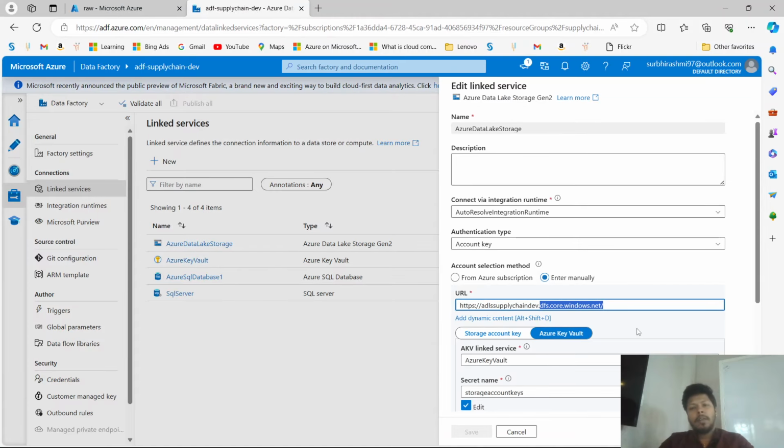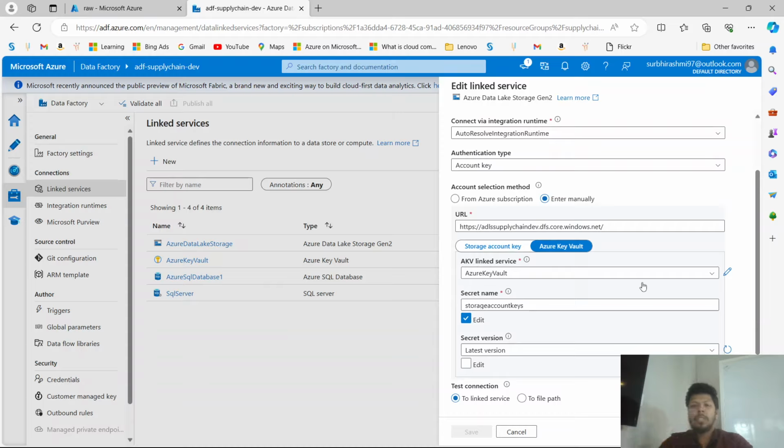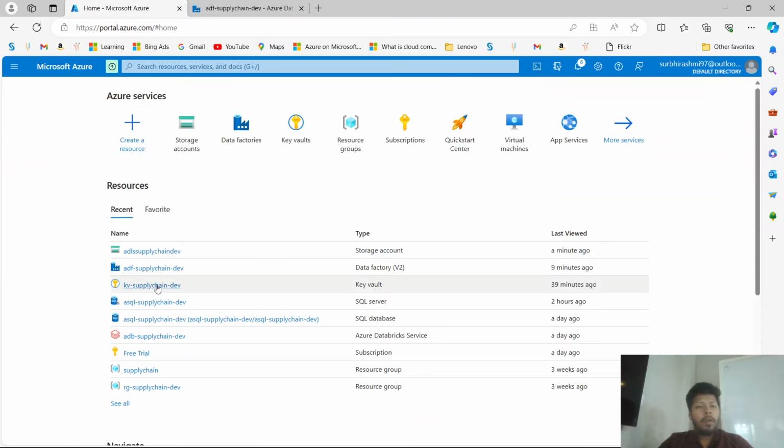Okay, and then as I told you, this is one of the best approaches you must follow whenever you are creating pipelines: you should not hard code sensitive information like database passwords or Azure storage account keys, or any information that should be restricted, right? Those kinds of information must be in the Azure Key Vault, right? And that's where we have created the Azure Key Vault, where we have